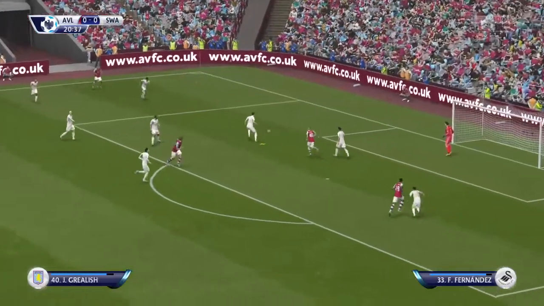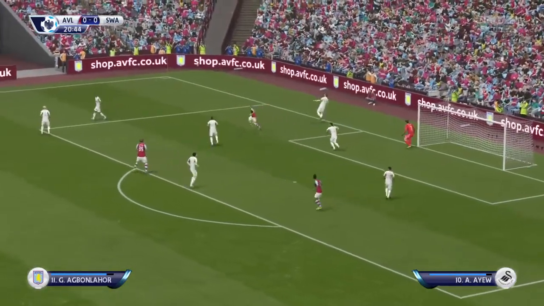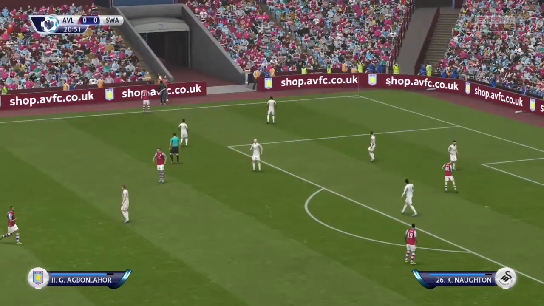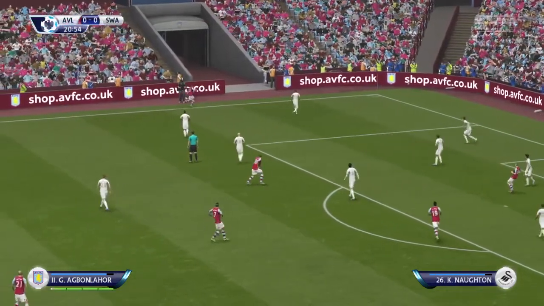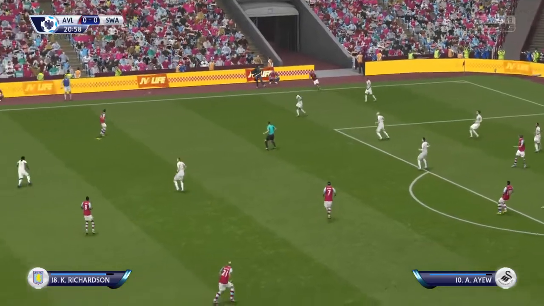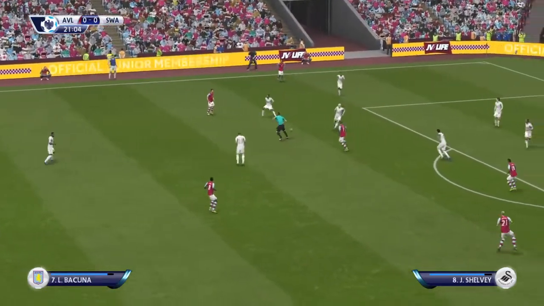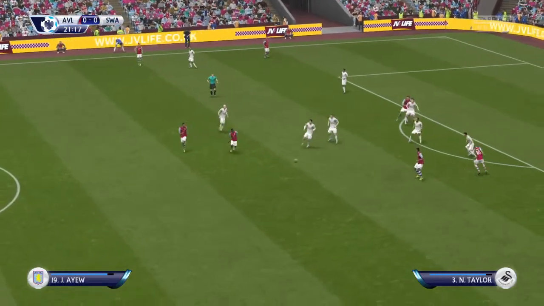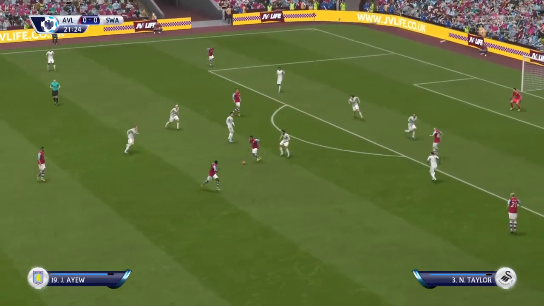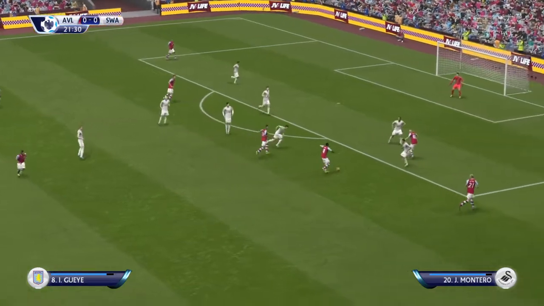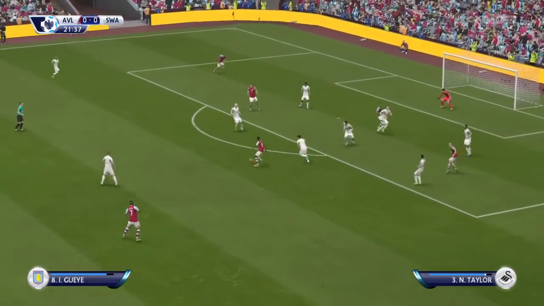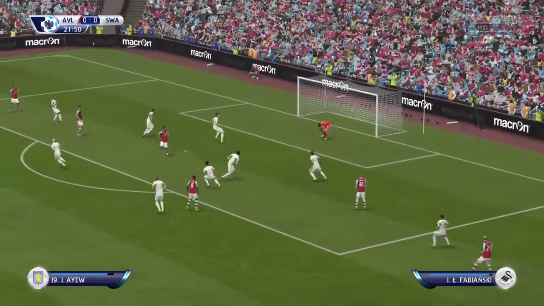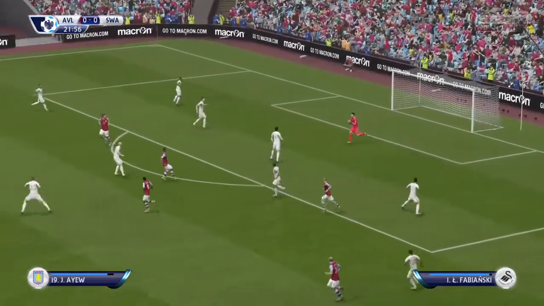Put it in well. Not a great cross at all in the circumstances, and pretty easy to cope with by the defending team. Well, that's relieved some of the pressure as the defender clears his lines out of play. Kieran Richardson has got possession here. Leandro Bacuna. Gueye, supporting player alongside. Shot on! Well hit, hard, but straight at the goalkeeper.